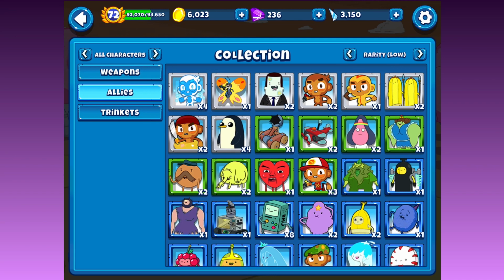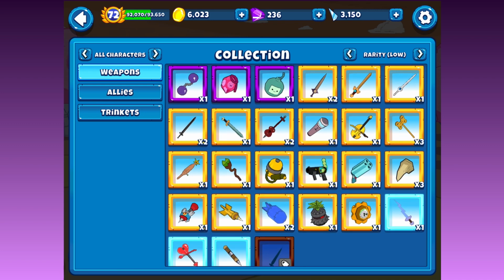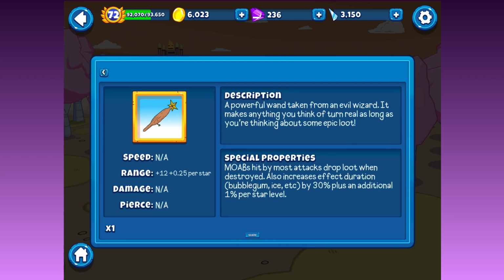One thing I just realized is I actually missed a weapon. Silly me thinking, oh, there's only one epic weapon. It's because I didn't think about the Thought Cannon Wand. So Thought Cannon Wand